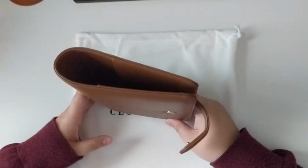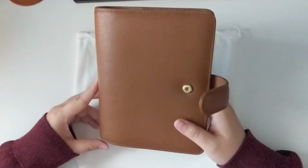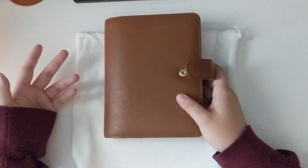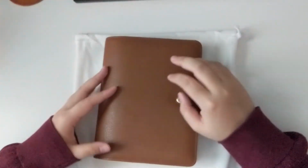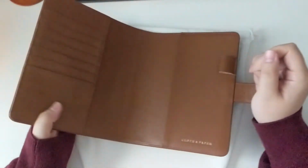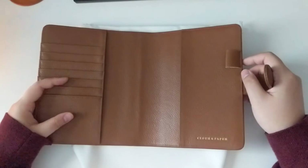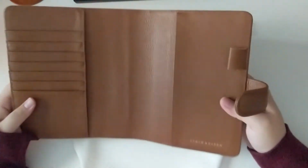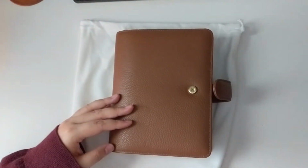Now, the problem I have with that is that I like their inserts, I like their dashboards and things. They feel like really solid paper, at least. But the other stuff that they sell, the stickers are okay. For the price, I'd say that's the quality I would actually expect and nothing less. But as evident by this planner, as well as many of the other things that they offer, for example, they